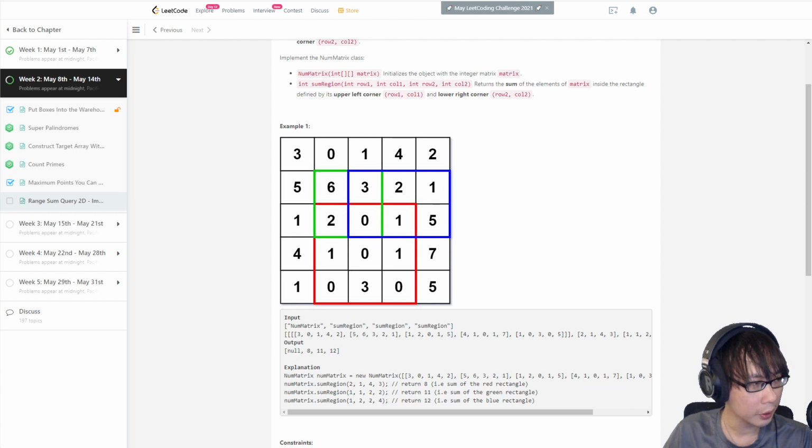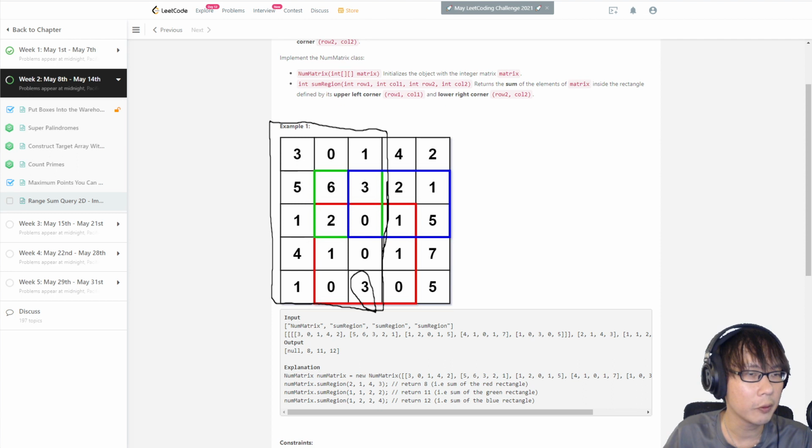Let me check. Okay, so from here, if we choose this 3, then that matrix will have the total sum of this. So now if we want to find this, we can take the range sum of